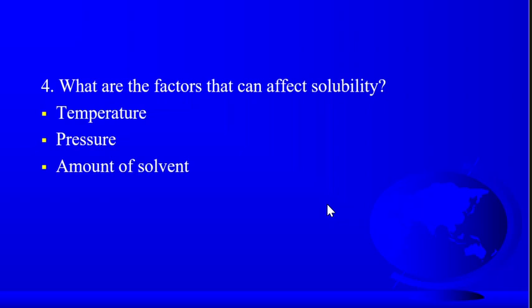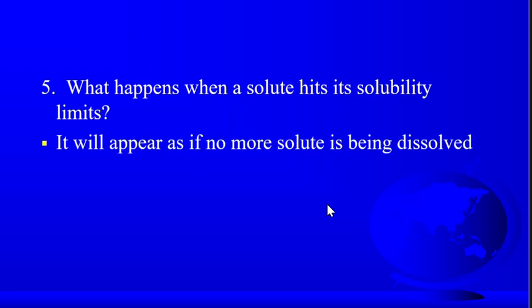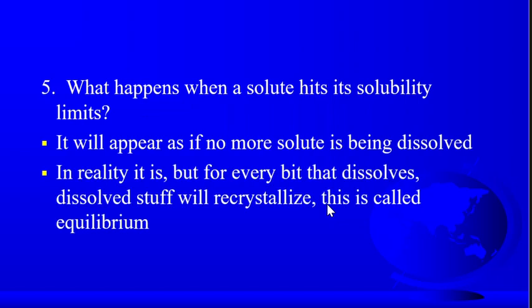So, unlike real hotels, where temperature can't change the capacity, water can be changed. If water is a hotel room, how much water can take people can be changed by these three factors. Okay, so what happens when the solute hits its limits? It appears as if no more solute is being dissolved, but in reality, there is. So copy these notes down, and then I'll explain it to you using